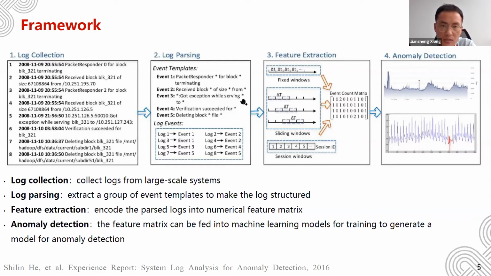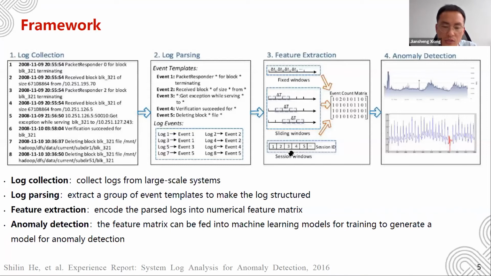After parsing logs into separate events, we need to further encode them into numerical feature vectors so that machine learning models can be applied. To do so, we first slice the raw logs into a set of log sequences by using different grouping techniques, including fixed windows, sliding windows, and session windows.